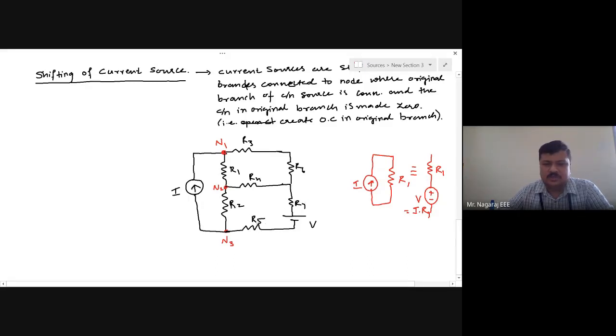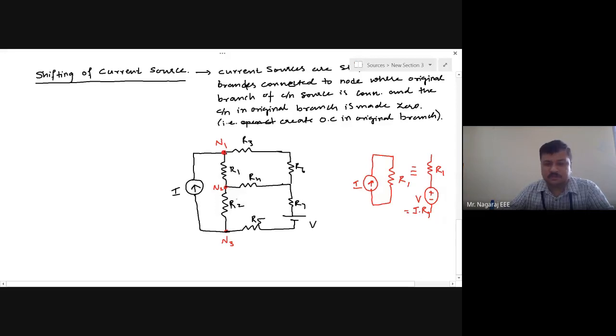Voltage in series with R5 plus R7 can be converted to a current source. But again, the same question will come later on also. What has to be done like that? Or the number of steps in attaining the equivalent circuit may be more. Now this is a simple circuit we can do. Instead of 5 steps, I can use 7 to 8 steps.